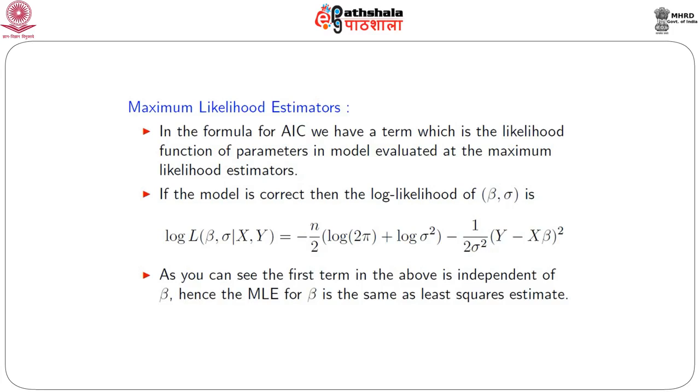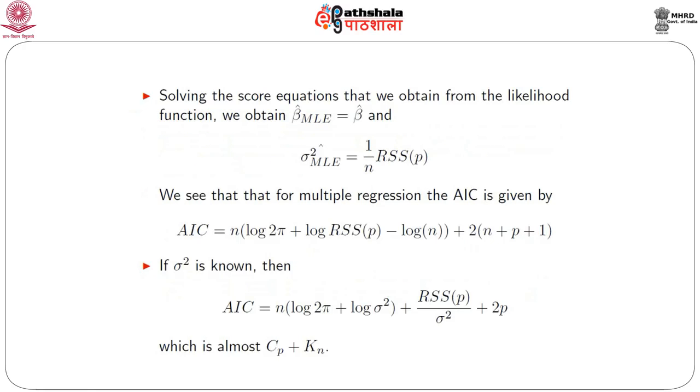As you can see, the first term in the above expression is independent of beta. Hence, the MLE for beta is the same as the least squares estimate for beta, because if you look at the second term, it is (y minus x beta)' (y minus x beta), which is the least squares criterion that we use to obtain the estimate of the parameter beta. So solving the score equations from the likelihood function, we obtain beta hat MLE, which equals beta hat, and we obtain sigma hat squared MLE, which equals 1 over n times the residual sum of squares of the model